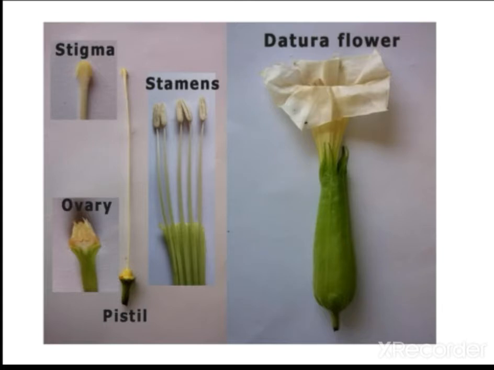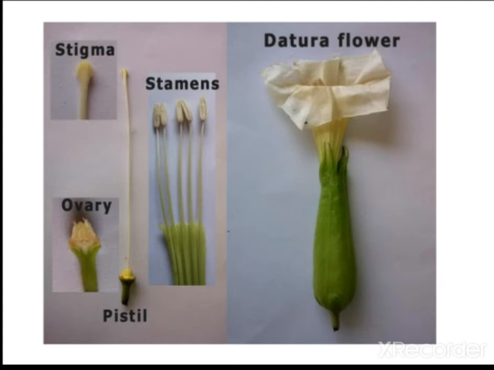Here the dissection of a datura flower has been given, children. It is available on the roadside. Sometimes if you go out, you can take the flower, do the dissection, and separate the different parts like this. So, stamens; this is the entire flower. The ovary you can take out. This is the ovary, this is the style, and this is the stigma. This is the pistil, and the stigma has been kept separately here.